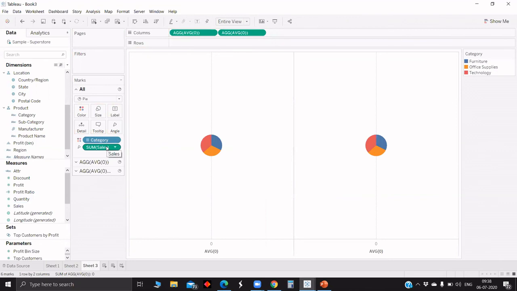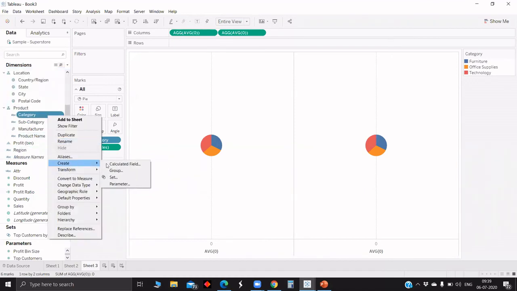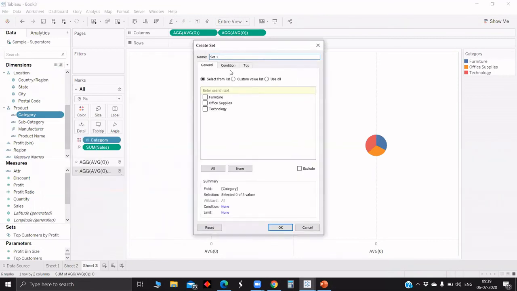Now we have to create a set for category. How do we do that? Right-click on category, create set, all. We can rename the set like this.